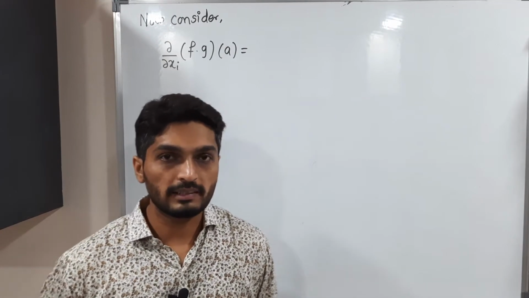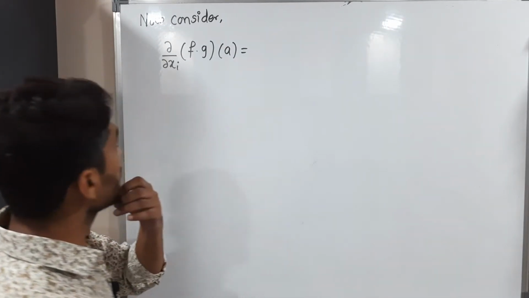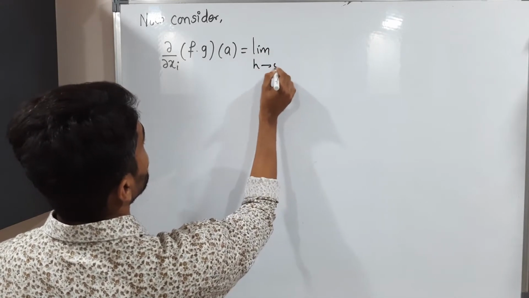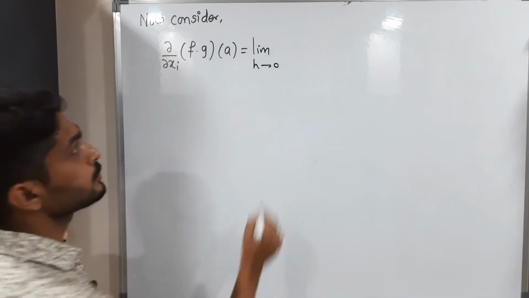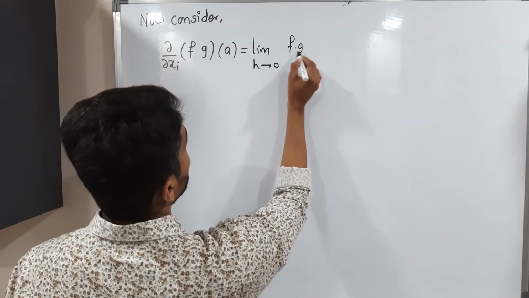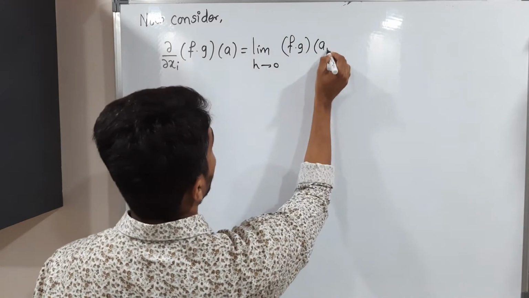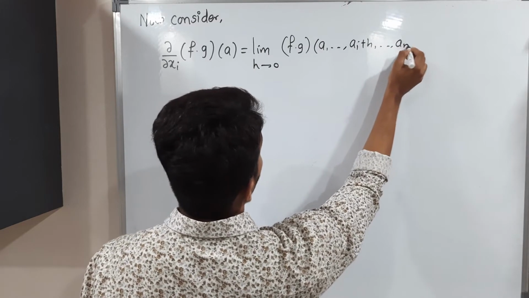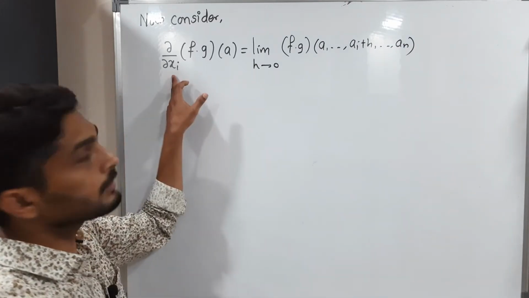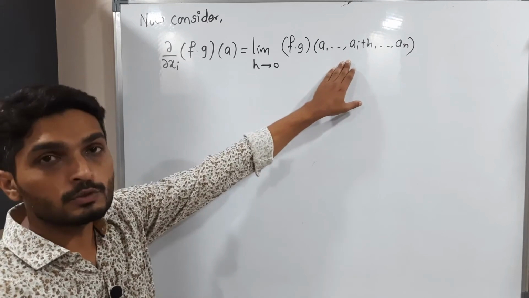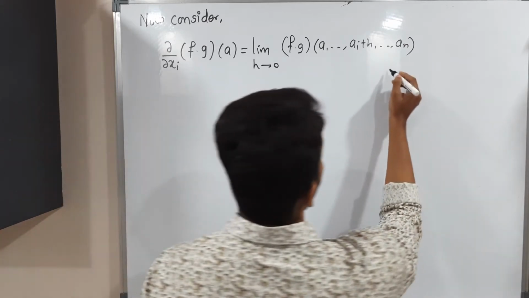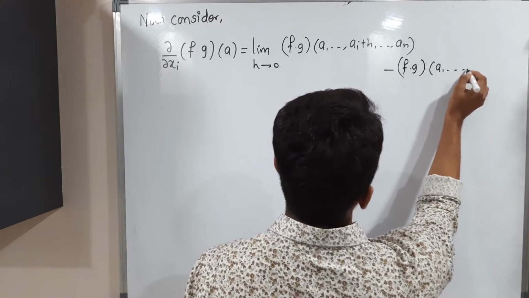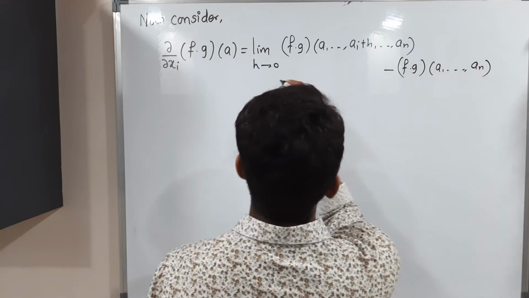So let us start with the left hand side. Let us follow the definition. Limit h tends to 0, f into g is there, so I am supposed to write f into g of a1, a2 and so on, ai plus h and so on n. We are taking the derivative with respect to xi, so I am adding h only in the ith component, minus f into g of a1, a2 and so on n, divided by